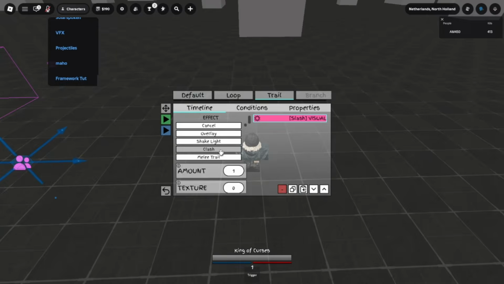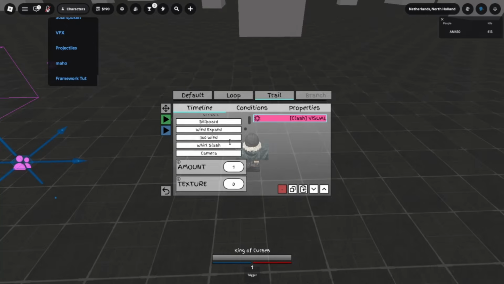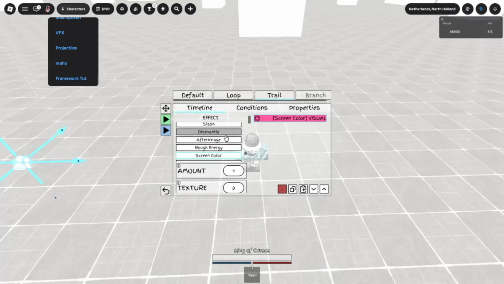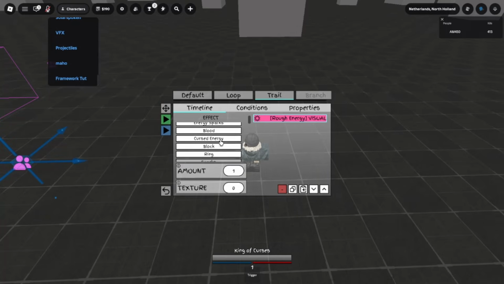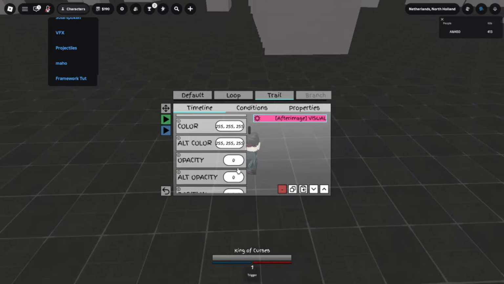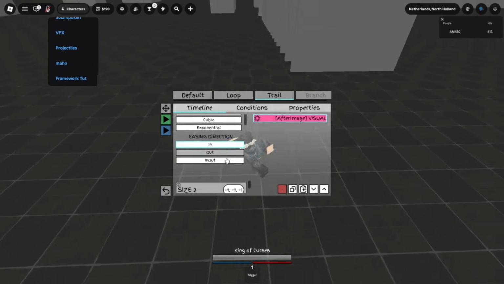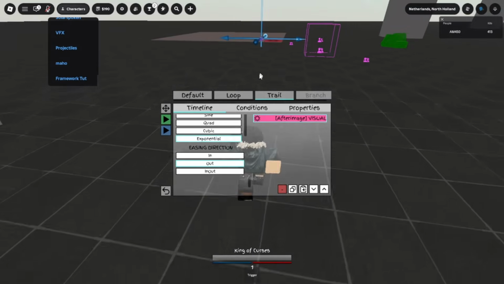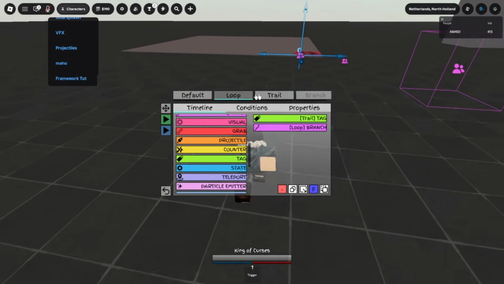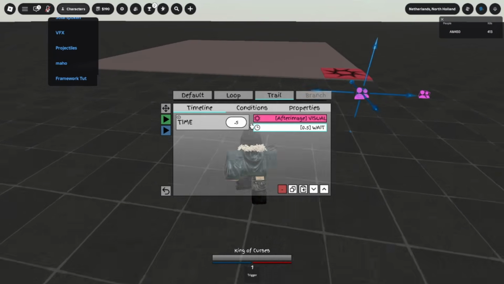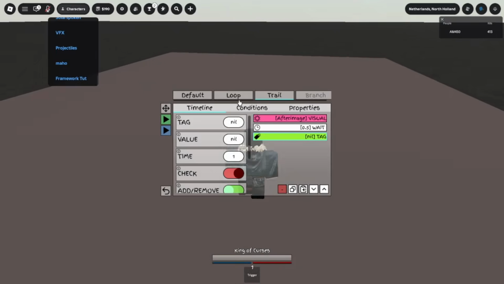Let's just say we want clash, right? Actually, no. We want after images or something. Where is it? After images. Am I stupid? Oh, there. Okay. Right. So we got it on that, and we're just gonna make it invisible, like exponential. Yep. Beautiful. And you can say we want like 2.5,